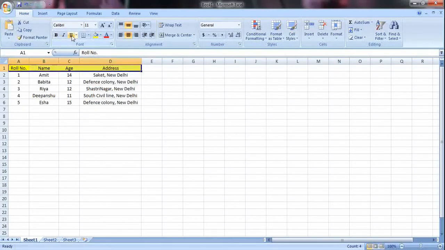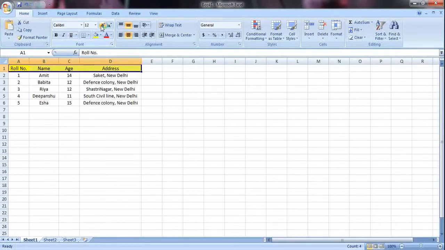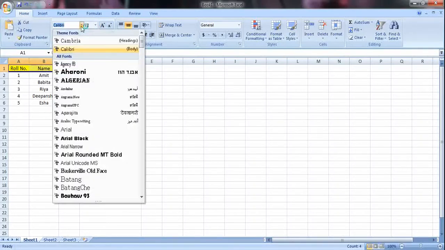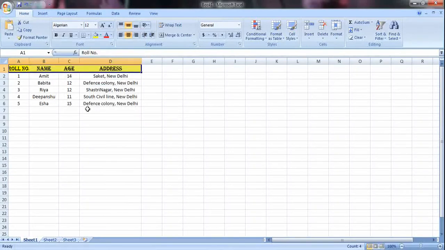I can increase the font, change the writing style of the font, and accordingly, whatever modifications you want to make in the font, you can just go to the font group and do them. I have shown you some examples. Now if you see here, my table is ready. This is how you are going to enter the data in your Excel sheet.